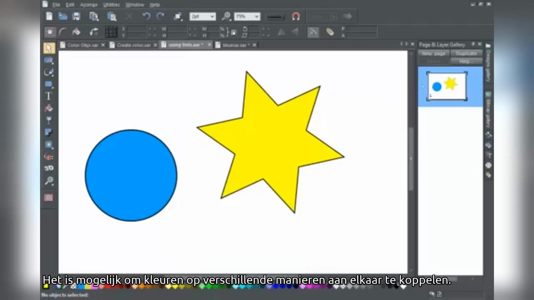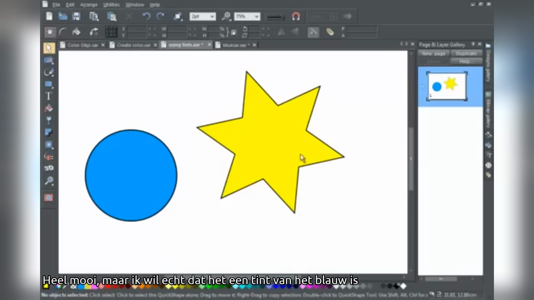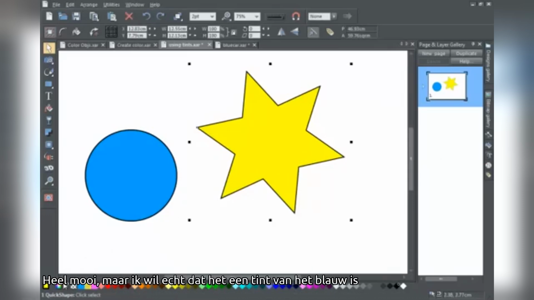It's possible to link colours in a variety of ways. In each case, you have to set your parent colour and define the relationship between the parent and the child. One option is to make a colour a tint of its parent. Here's my yellow star, very pretty, but I really want it to be a tint of the blue in my